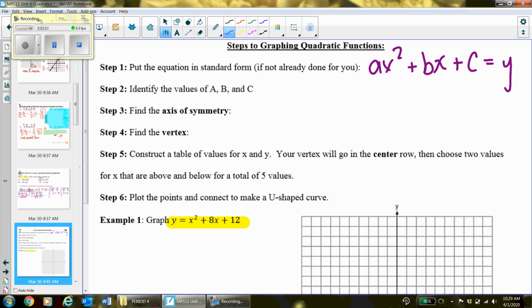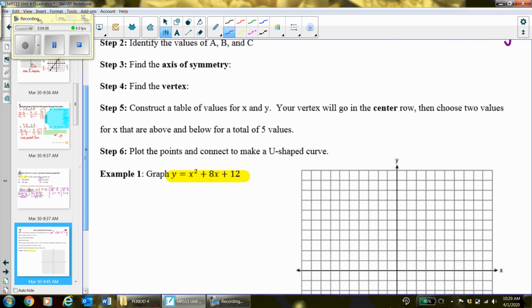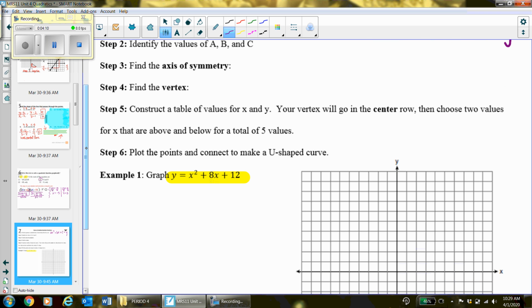So it starts with an exponent of 2, then the 8x has an exponent of 1, then the 12 has no exponent, so exponent of 0. All right, decreasing exponents is how you know it's in standard form. Step 2, identify the values of a, b, and c. So I wrote step 1 up there. So I'm going to put step 1, put a check. Step 2,